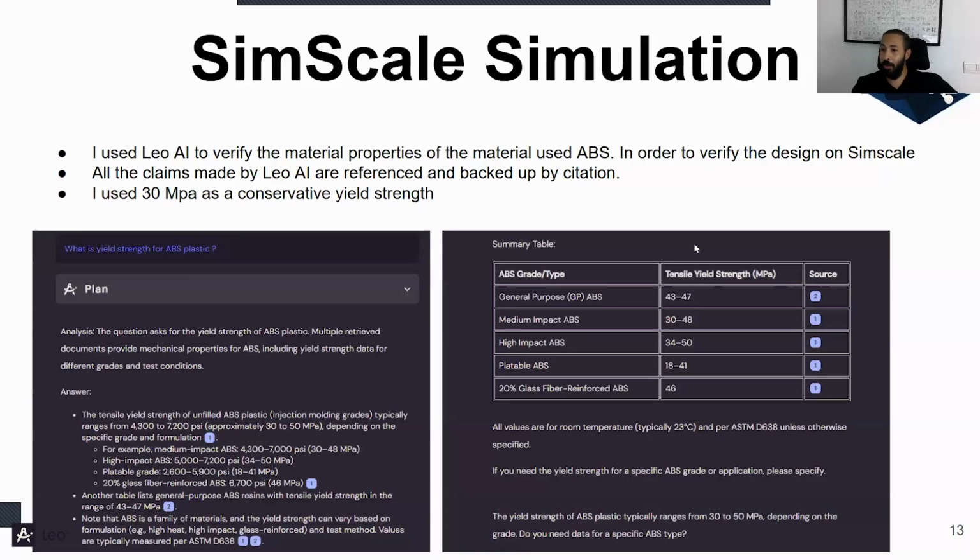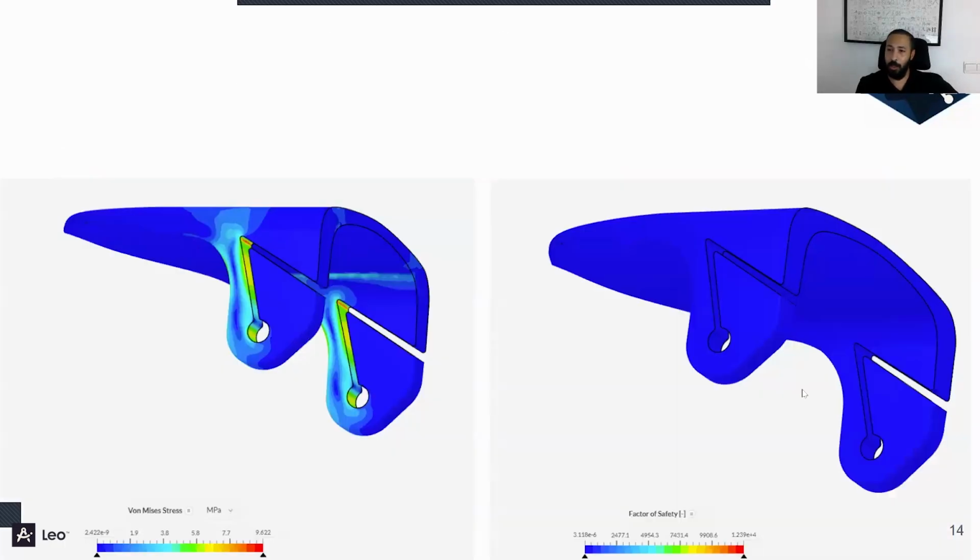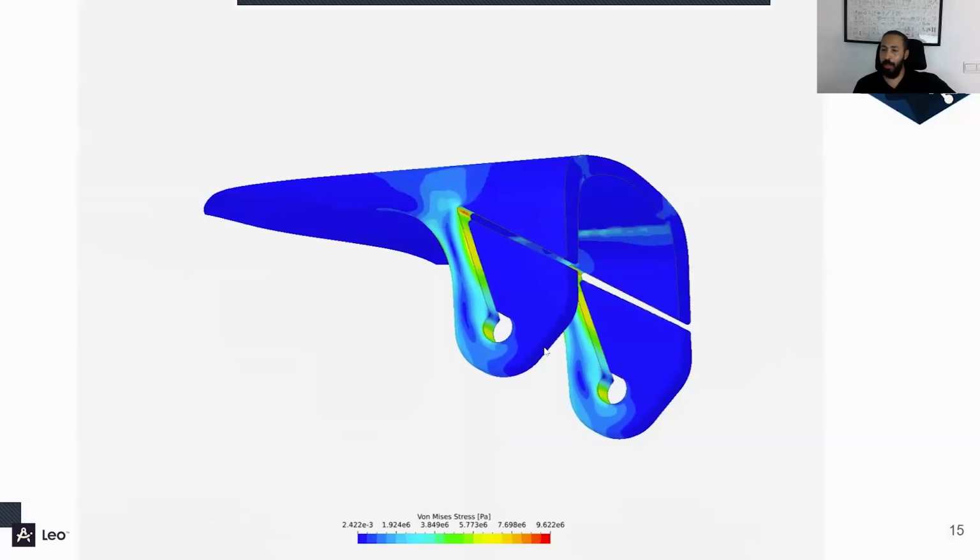And there are some other details as well here on the ABS and what kind of printing specs that you need. So I performed that simulation, and it turns out to be safe. The stress concentration makes sense. It does happen around this fillet around here, yet it's safe within the safe limits. And we are talking about more than a factor of safety of 3. So if you see here on the next slide, this is how it looks in terms of the loading and deloading simulation.